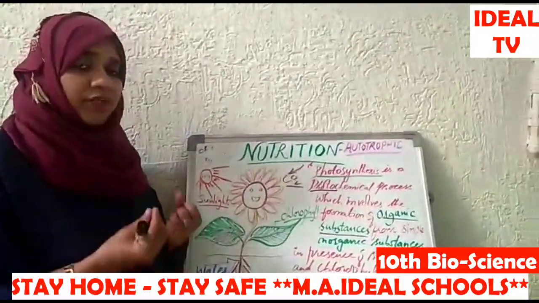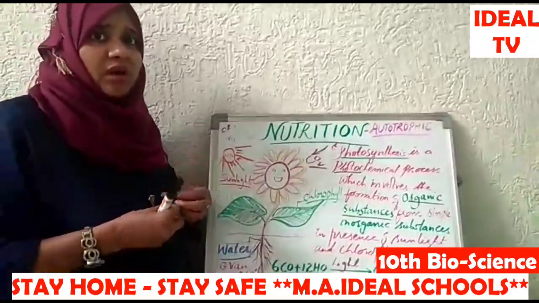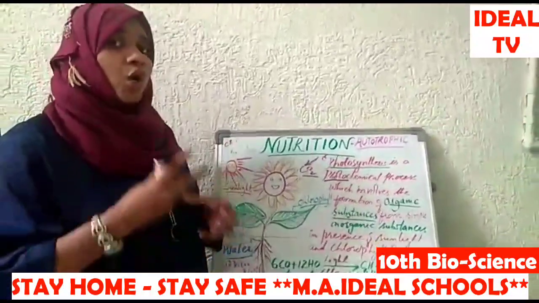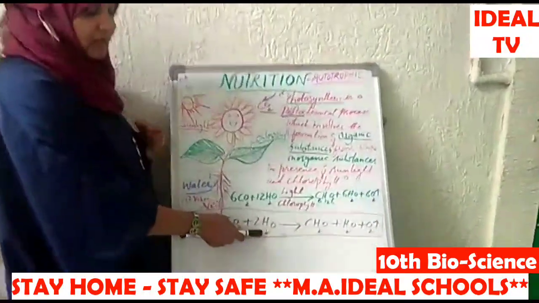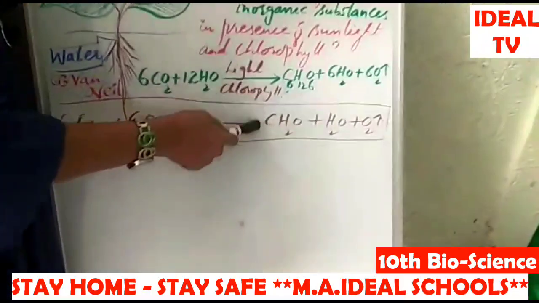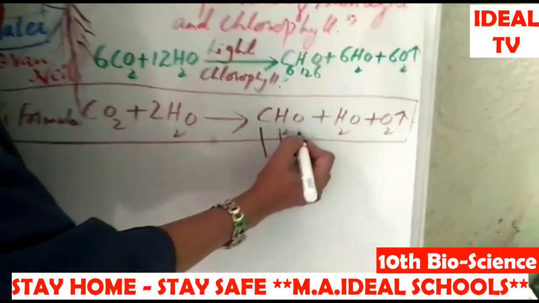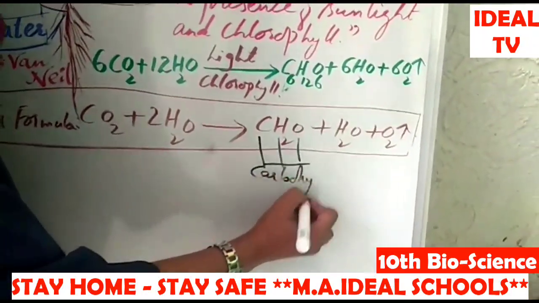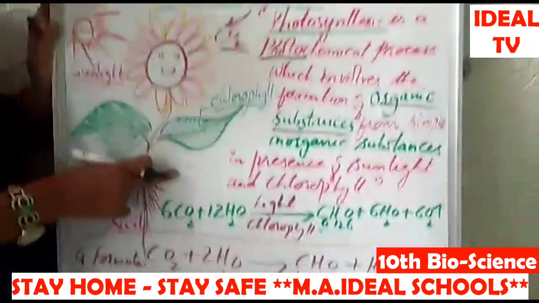From the simple inorganic components like oxygen, carbon dioxide and water, all of which are very simple in nature, so these are inorganic substances. But with a combination of these inorganic substances like carbon dioxide and water, we are going to prepare a complex compound which is a carbohydrate. In general, this carbon, hydrogen, oxygen containing compound is called carbohydrates. So carbohydrates are formed in the process of photosynthesis.